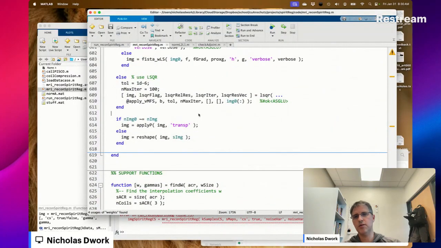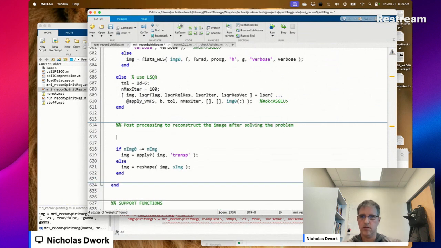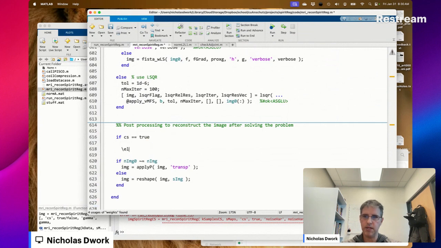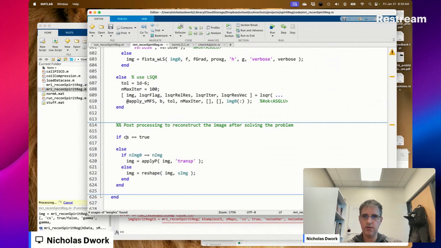But now, there's this post-processing section. If CS is equal to true, then we're going to do something. Else, we're going to do this. It's a complicated code because we're trying to have it do so much stuff.